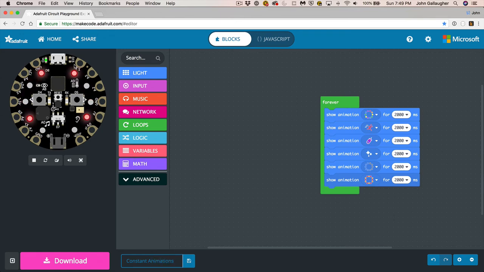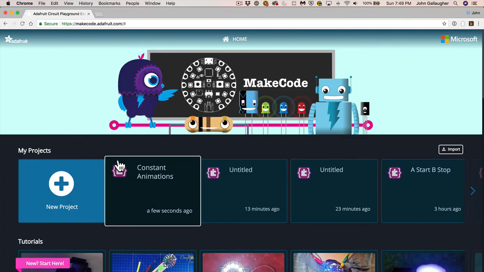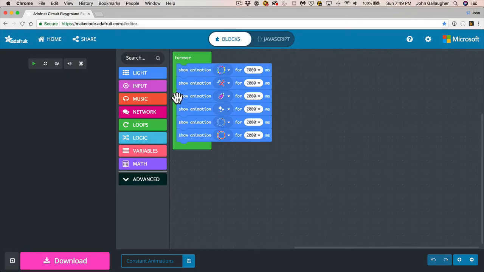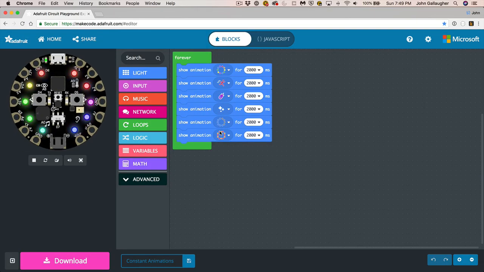Now, if you click back on the Home button up here, you probably now have this little MakeCode project here which says Constant Animations. And if you click on that, you will see what you had just been coding, which is great. Now what you might also want to do is go ahead and save this